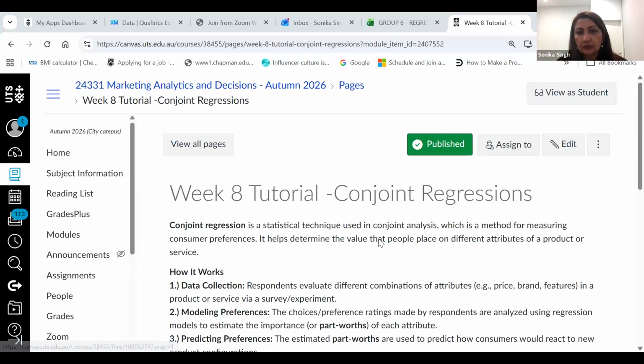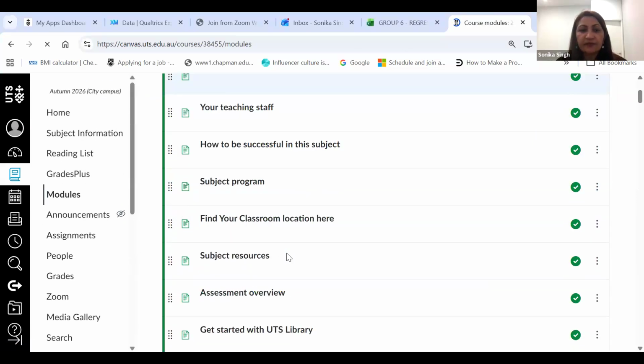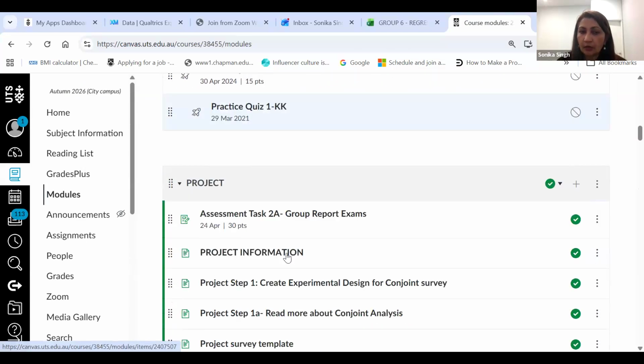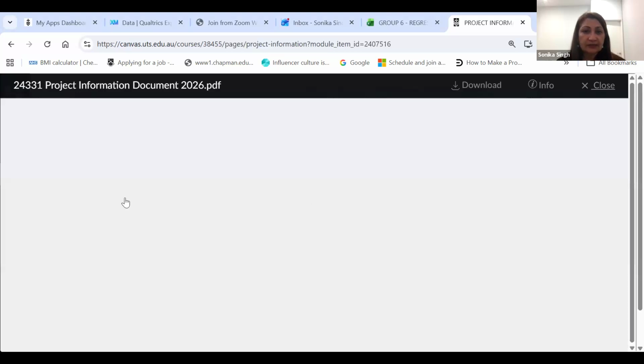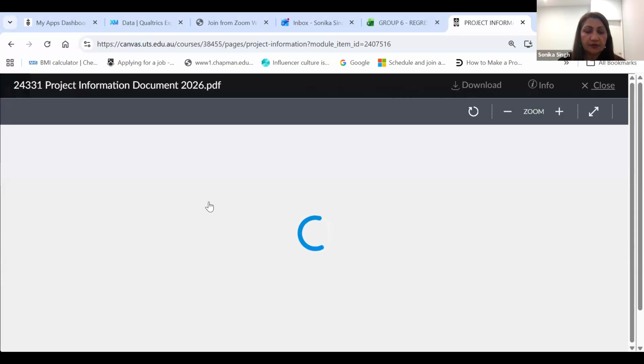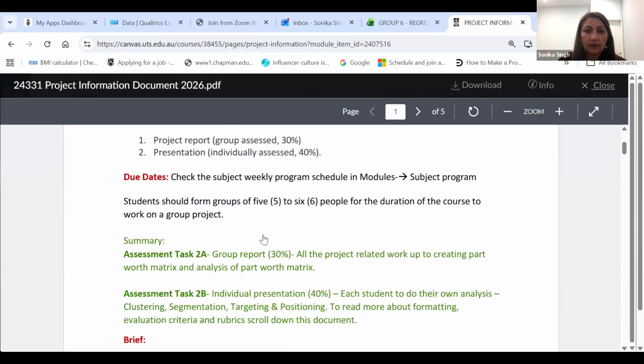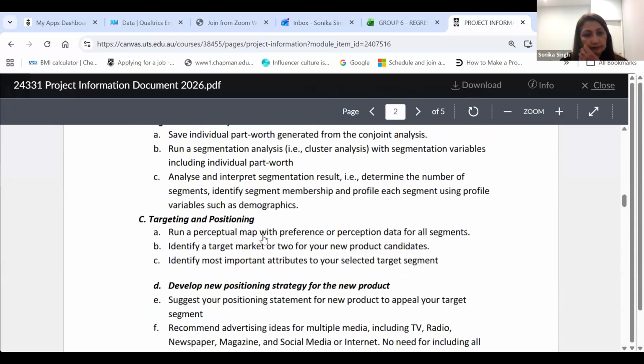While you're on here, let me just show you if any of you are wondering about the format. What format of the report should we have? Then I will take you back to the Canvas information document, because it's a free-form report. You have to decide what is the best way to present your story. If you have no idea what sections to write in the report or how to present your data, then go on to